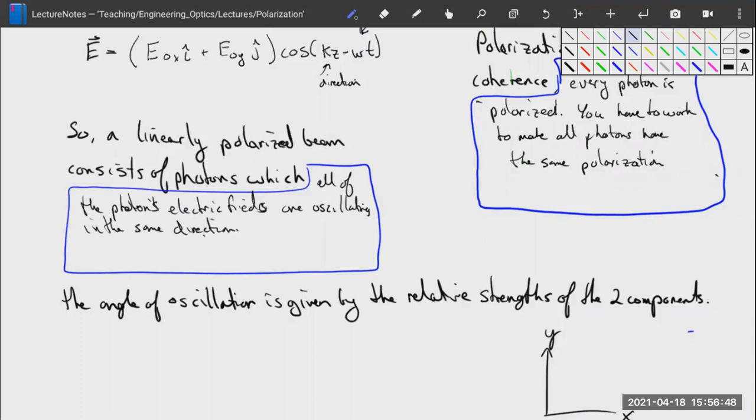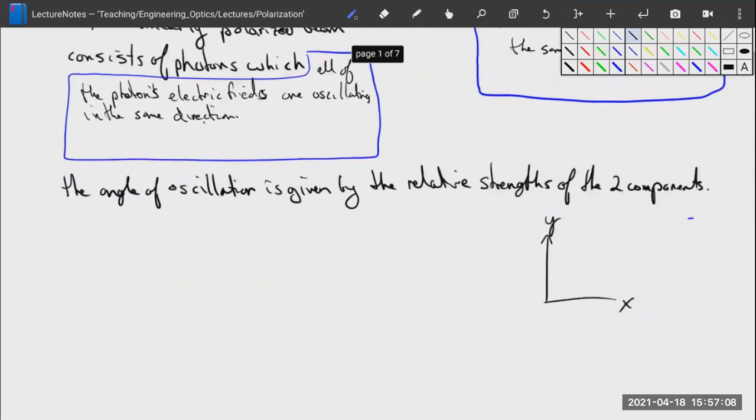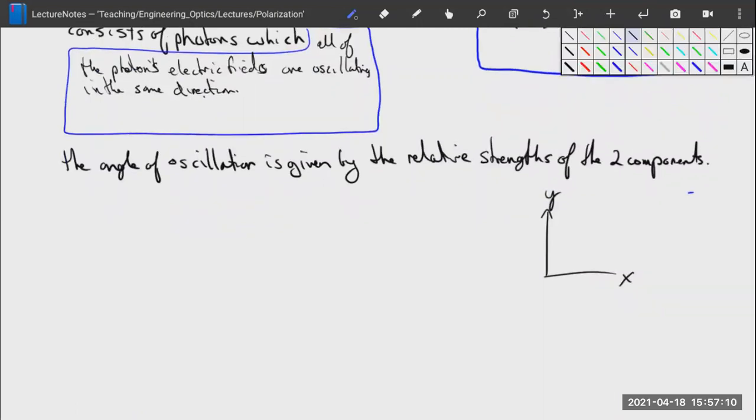Okay, so you can imagine if one photon's electric field is oscillating up and down, the magnetic field obviously will be oscillating left and right. Then all of the photons for a linearly polarized beam would also be oscillating vertically. And the angle, like we said, of the oscillation is given by the relative strength of the two components,